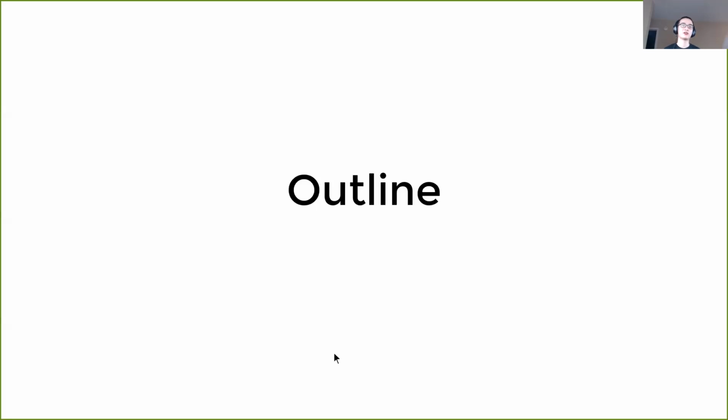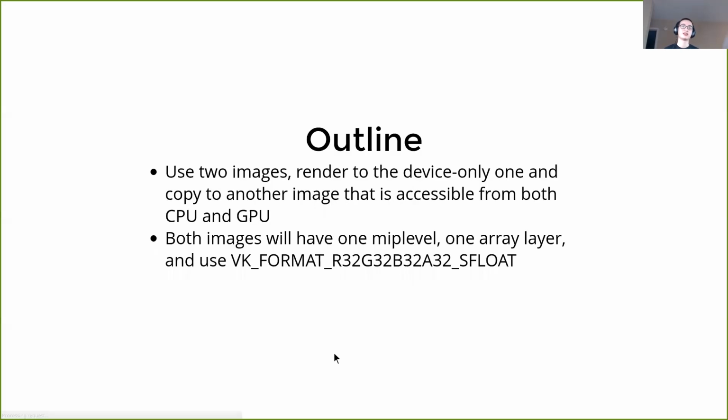And the outline of using image instead of the current buffer approach is, first, we need to have two images. One is a device only one, and the other image is accessible from both the CPU and GPU. We don't need any MIP map, and we don't need an array. And both of them will use RGBA format,